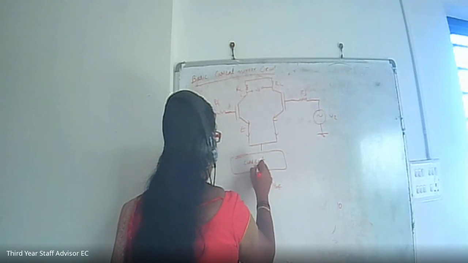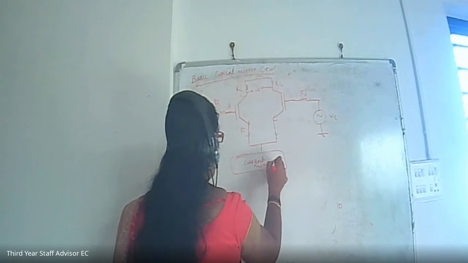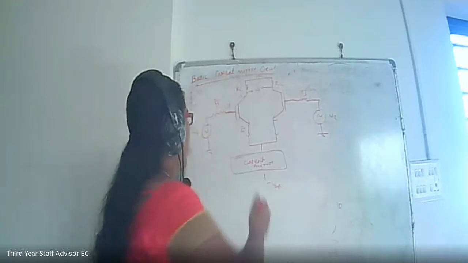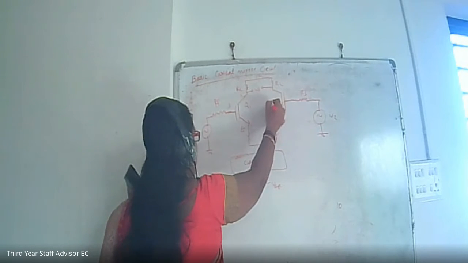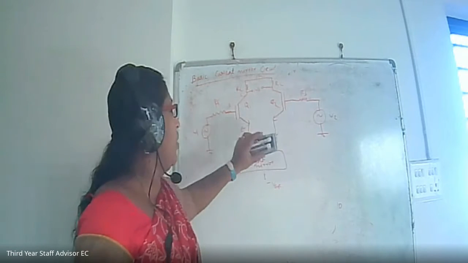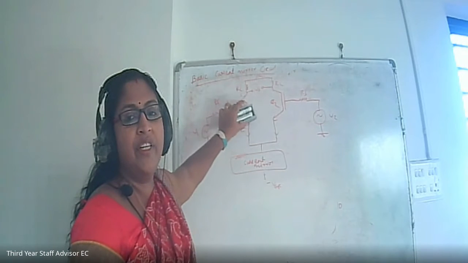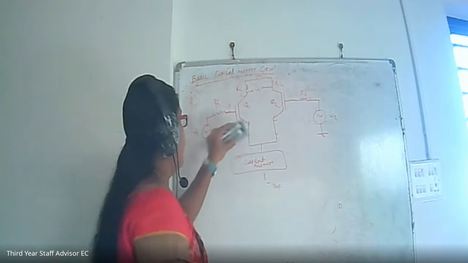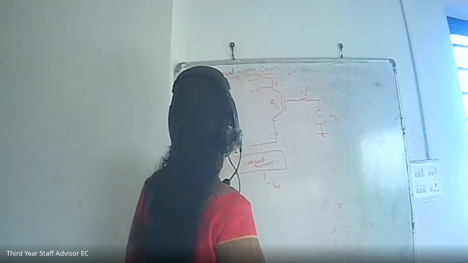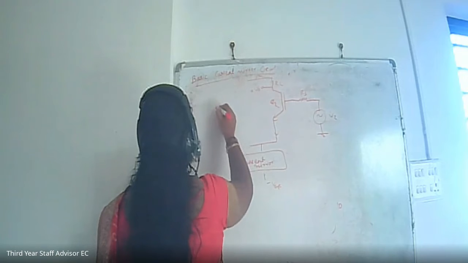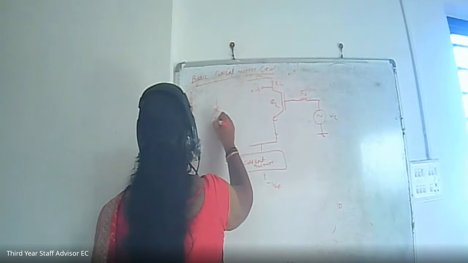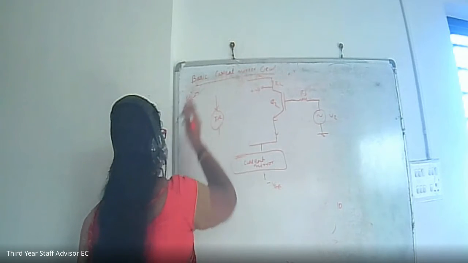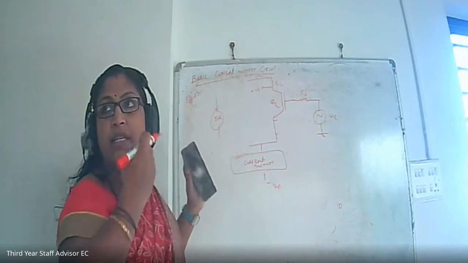See, in your textbook, actually this is the configuration, but in your textbook, this portion is not shown. Here this is Q1 and this is Q2. In almost all the textbooks, instead of Q1, they have shown a current source. Instead of this Q1, there will be a current source, so we can represent it as I reference, because the Q1 transistor will be providing a reference current. So it is taken as a current source.